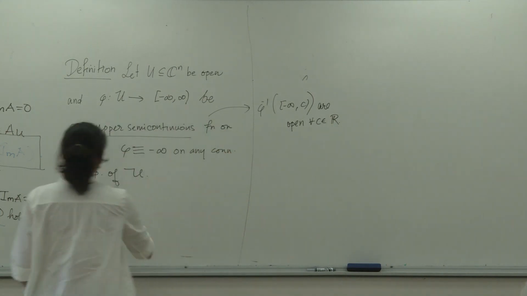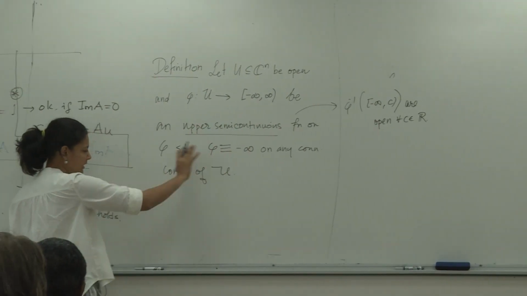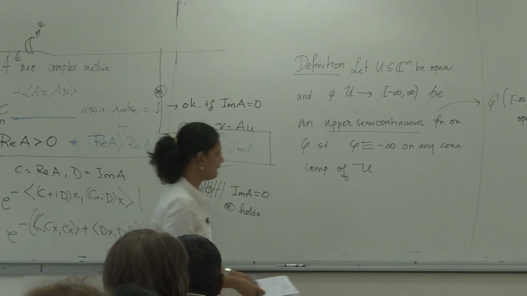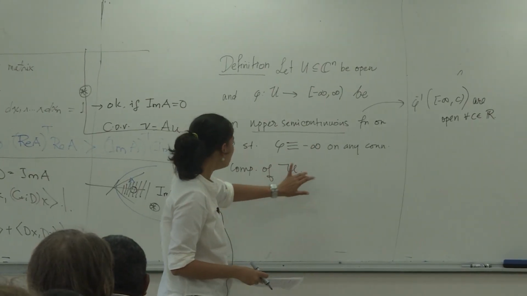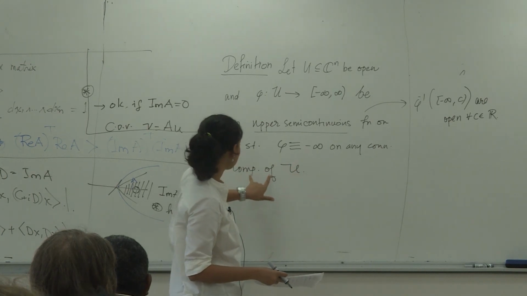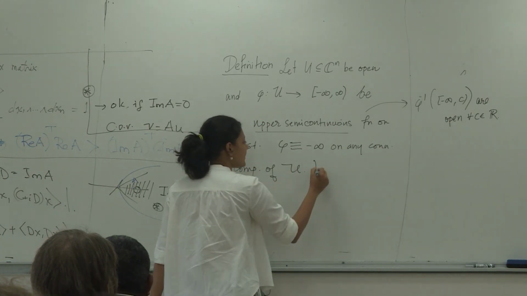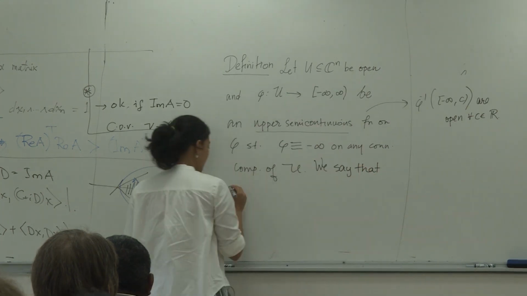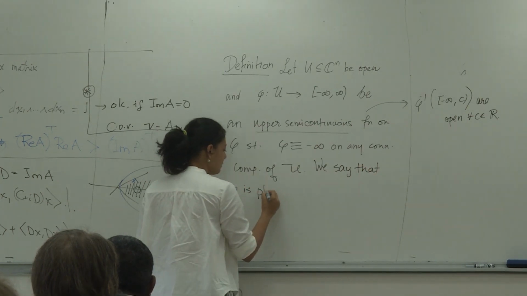So it's some condition, and really we don't need this definition in this generality, but I'm still stating it in its complete form. And of course, I'm also going to say something here. On any connected component, we say that phi on U is plurisubharmonic,